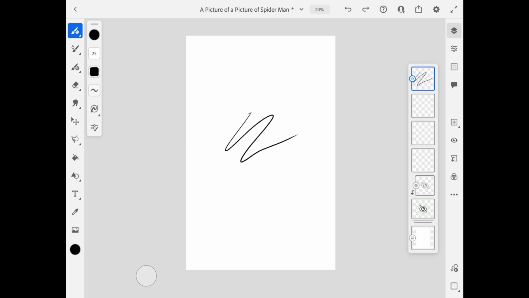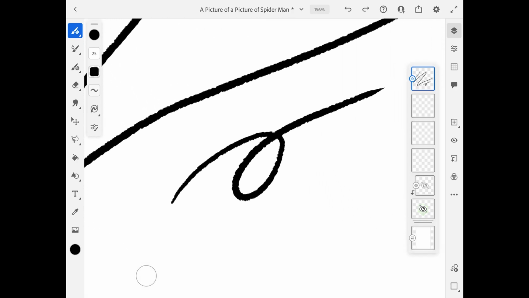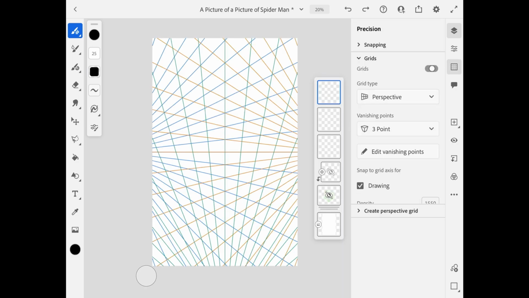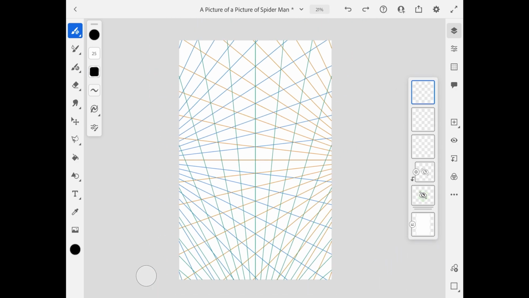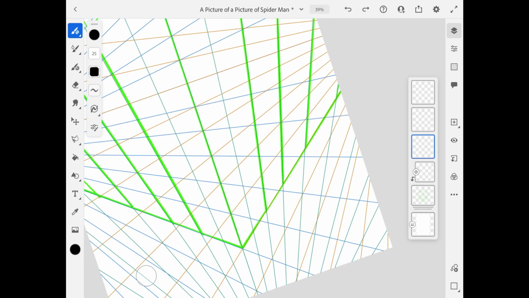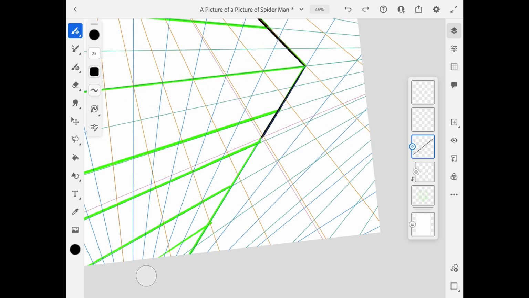Now usually all my drawings are done in a vector brush, but today I'll be using a pixel brush that gives it this rough comic sketch outline. And I'll also be using these grids, which, oh my god, they hurt my eyes to look at. Now these grids are good for getting 3D perspectives, which I'm terrible at drawing by freehand, so we're using the